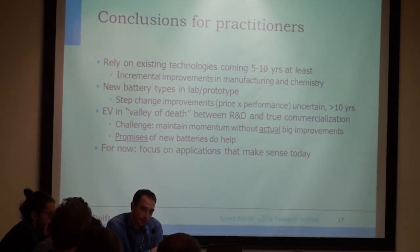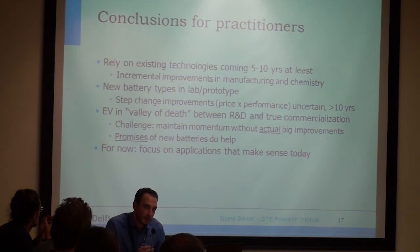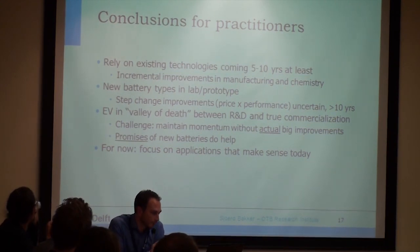Yes, there are new batteries, but they're still in the lab phase. And before they bring any step change improvements in price and performance, so not one of the two, but in both, it will take at least 10 years. And this valley of death will probably remain there for 10 years. And this is how I came to draw this conclusion. It's a challenge to maintain